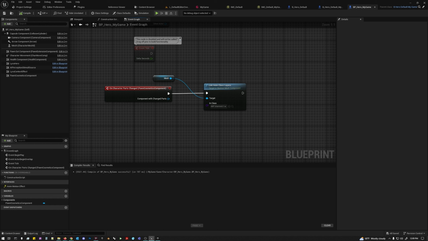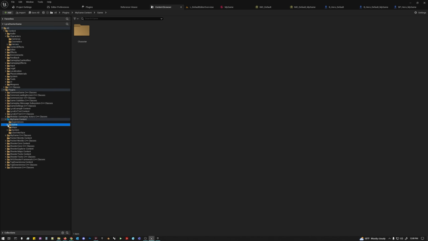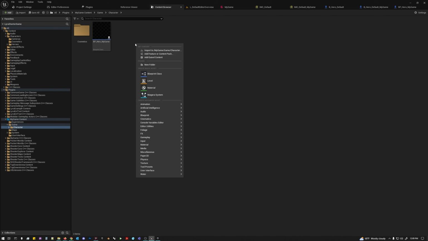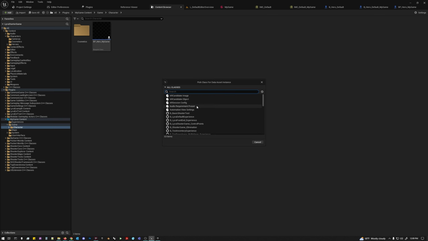So now we have some more things to do before we get to being able to spawn into the world. Some of the first things we have to do basically are, let's go into our plugin folder. Let's go to game and in character. In this directory level here, we need to create a Lyra pawn data asset. So if you go under miscellaneous and go under data asset, and then you search for Lyra pawn data,